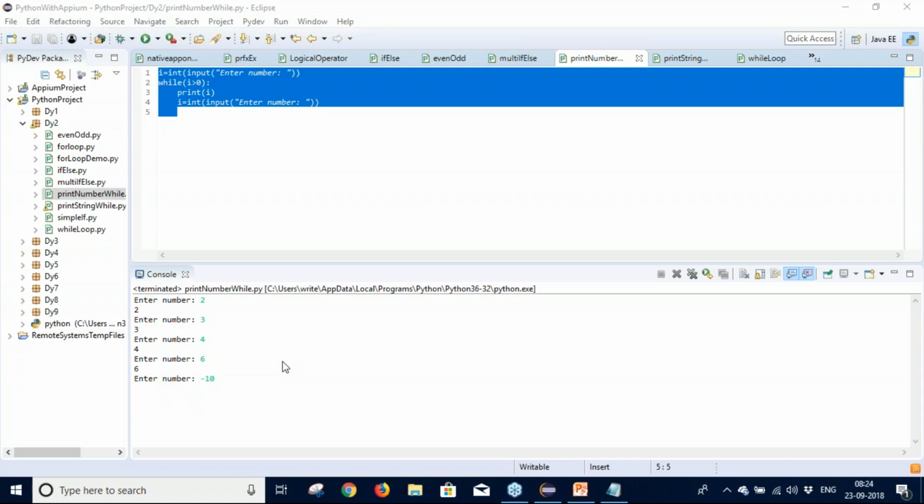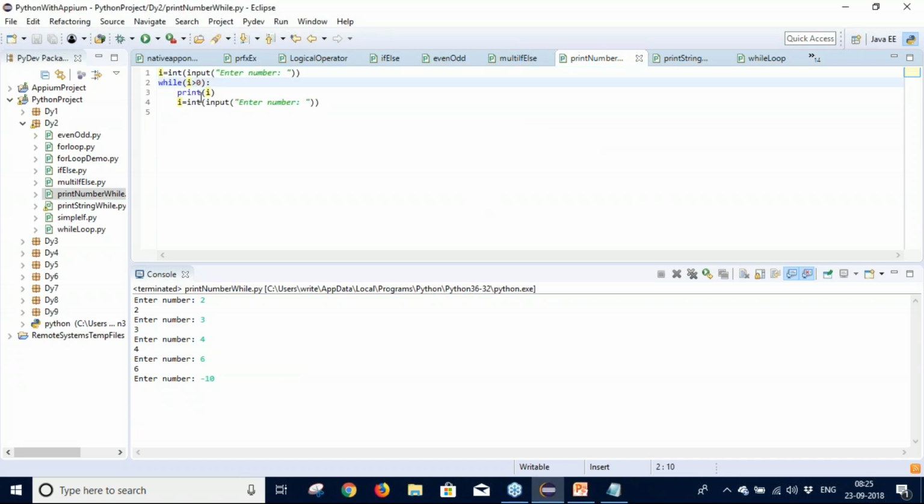This is also fine. Rather, this is good because you are considering zero value. So if the person enters zero, it will still ask the user to prompt for the new number. So this is better rather. So you can say 5 is greater than -1. Okay,